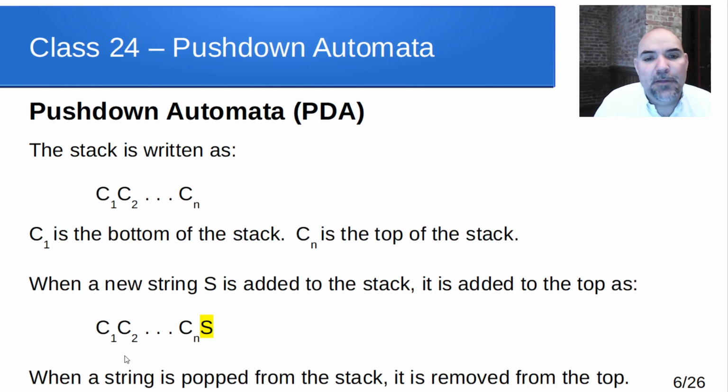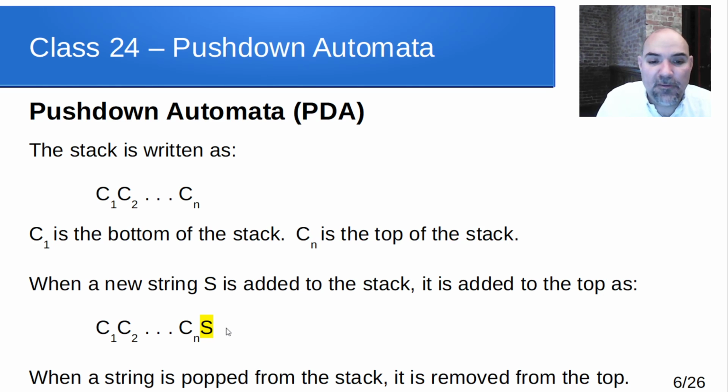Okay, so the stack, when we write it down, is going to look like this. This is going to be the bottom of the stack here, with a bunch of symbols built up on it, and this is going to be the top of the stack. And remember, the stack alphabet has to be finite, so there's a finite number of different symbols we can put on there. The bottom is going to be listed on the left, and the top is going to be what's at the end, or the last thing in that string. So when a new string of symbols is added to the stack, it's added to the top. Since the top is on the right-hand side, that's where we add the new string of symbols, all the way at the end here.